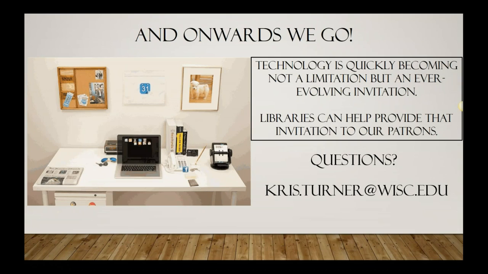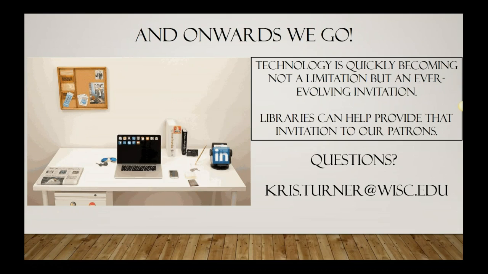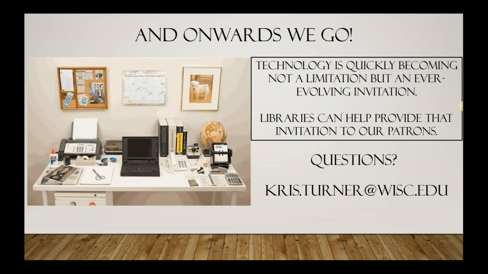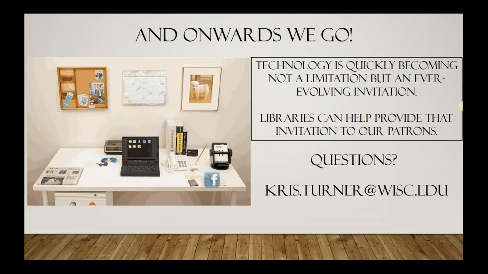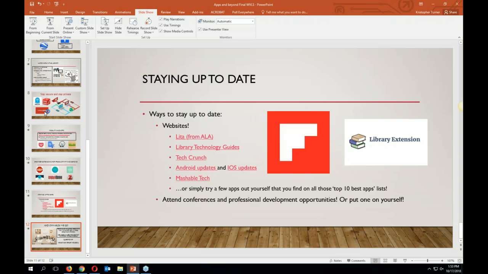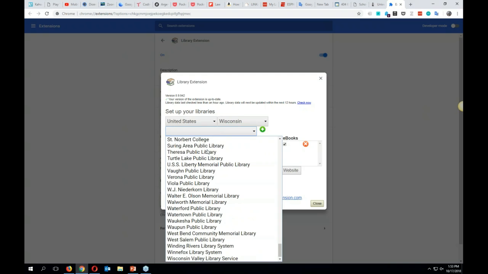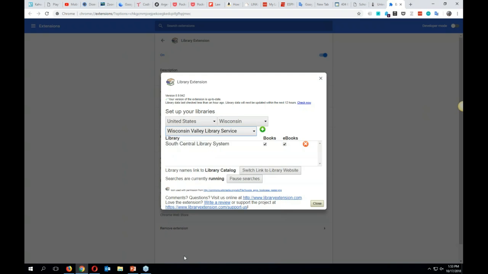One of the questions that came in is, as far as library extension, does it matter what the ILS is as far as using that? No, it's just a matter of whether that library has signed up as a part of library extension. Let me jump in there real quick and show you. If we go into the library extension here and open it up, you can just search for a library. So I'll search for, I know that Wisconsin Valley is in here. There we go, it's right there. So now I can search for both Wisconsin Valley Library Service and SCLS. It's just a matter of whether that has been ingested by library extension. So the ILS should not affect it.